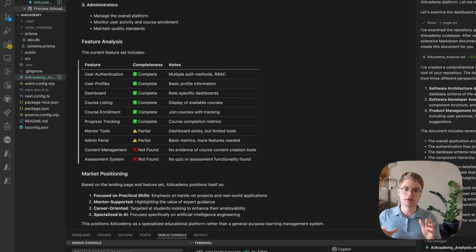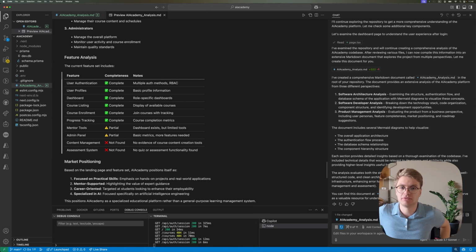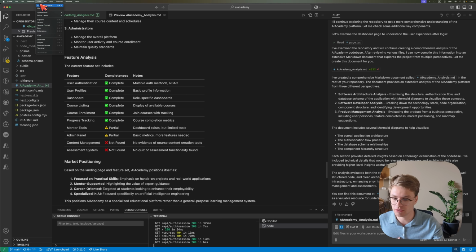Now, this document is going to get outdated as developers work in this application, but the great part is that you can always ask Copilot or whatever AI system you're using to update the document based on the latest code. Now then, how do you make sure that your AI editor always uses this document? Well, depending on your AI editor, the setting you need to configure is different, but every AI editor has this capability. In the case of Visual Studio Code, what I'm going to do is go to my user settings,